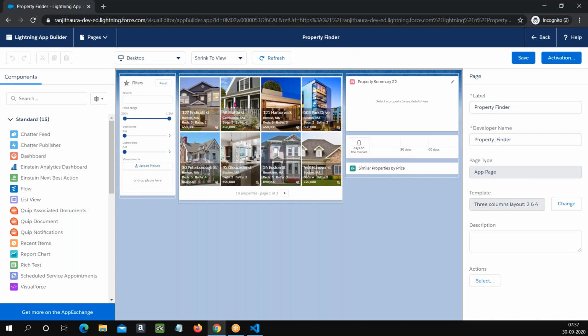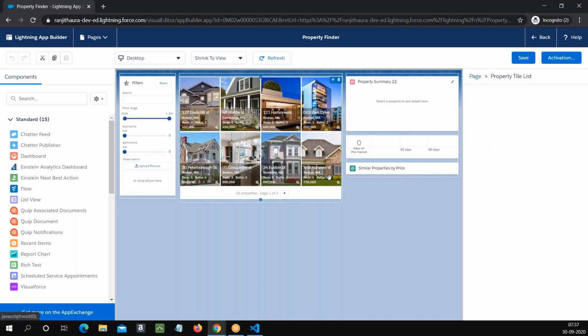So this is the Lightning App Builder, right? When you select any of these components, you'll see the name of the component close to it: property tile list. I believe this component you see here goes from one page to another page. There are 3 pages. Okay, so let me start from